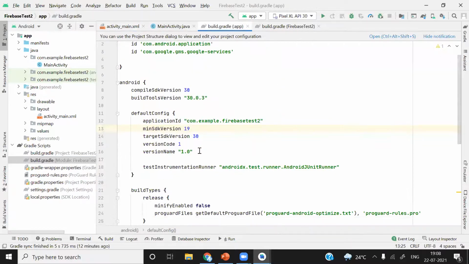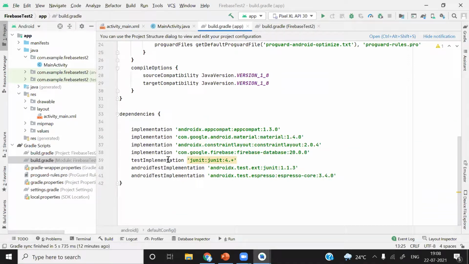You can see here all the dependencies. For AWS IoT, you have to add the dependencies to the dependencies directory here. There are going to be some different dependencies, the libraries for AWS IoT. All things related to Firebase you can see here.